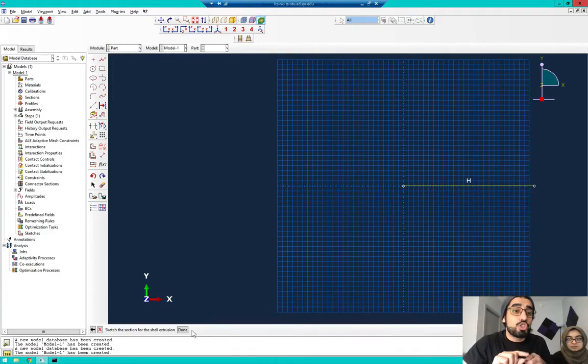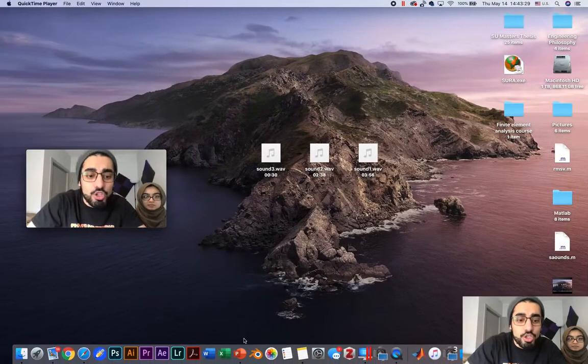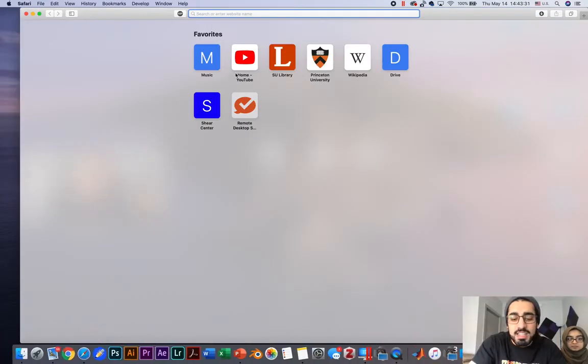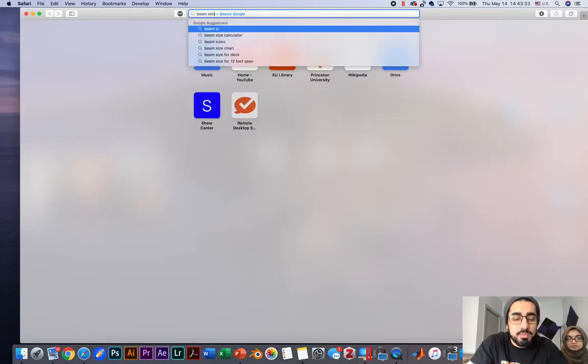Okay, again, we're drawing a shell. In a shell, we don't draw it as a solid. If I want to draw it as a solid, if I'm in the solid module, I would draw all of it. I would draw a rectangle, the whole thing here. But in a shell element, I just assign a thickness to whatever I drew. You see the difference? For example, when you draw a beam, like you know it from static analysis, if I'm drawing a simply supported beam,